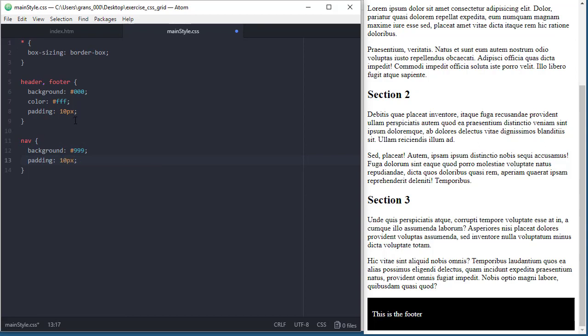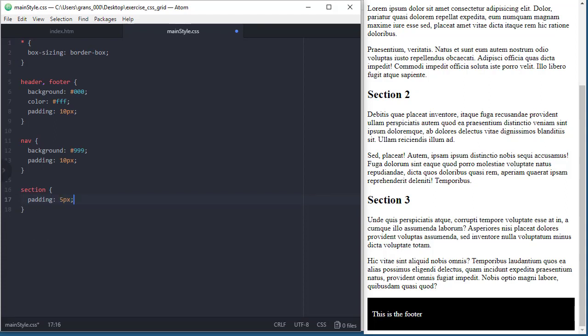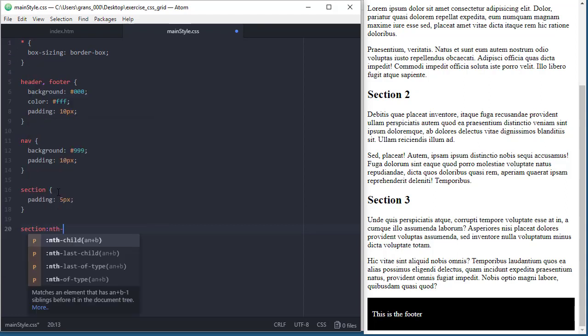All right, and we're also going to do something with the sections so we can tell them apart. And so let's do section. Let's add some padding to all of them. So just 5 pixels should do enough. And then we're gonna take the odd and even sections and make kind of a stripe right now. So section, we put a pseudo class, and of type I'm gonna say odd,